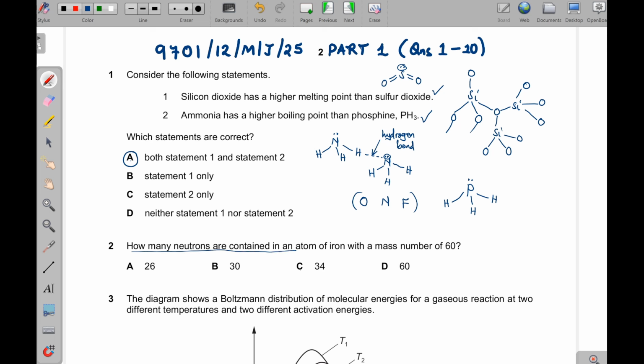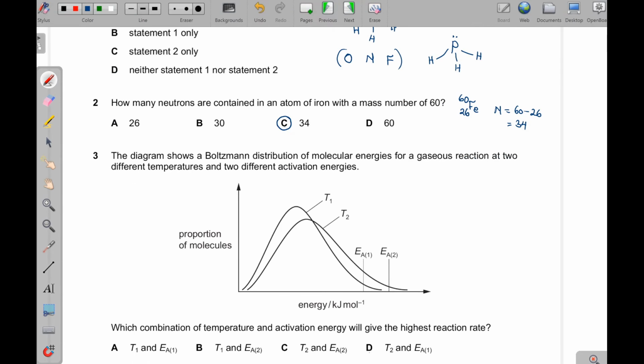How many neutrons are contained in an atom of iron with a mass number of 60? We know that iron is in position 26. So if this is 60 here, then the number of neutrons will be equal to 60 minus the 26, which actually gives us 34. And the answer has to be what? C. Then question 3, the diagram shows a Boltzmann's distribution of molecular energies for a gaseous reaction at different temperatures